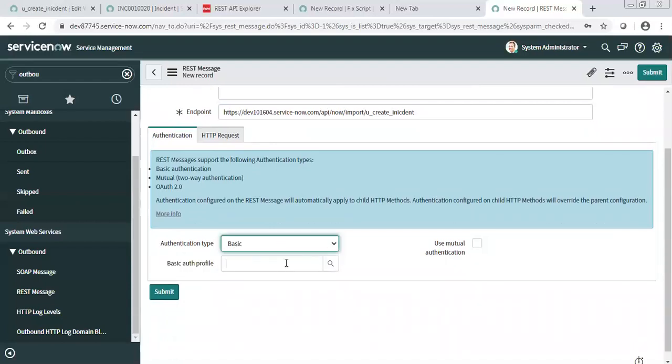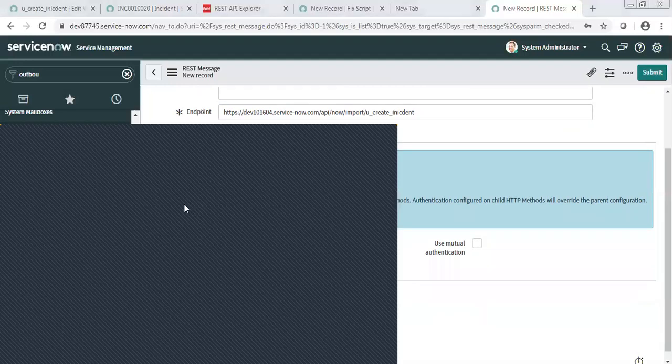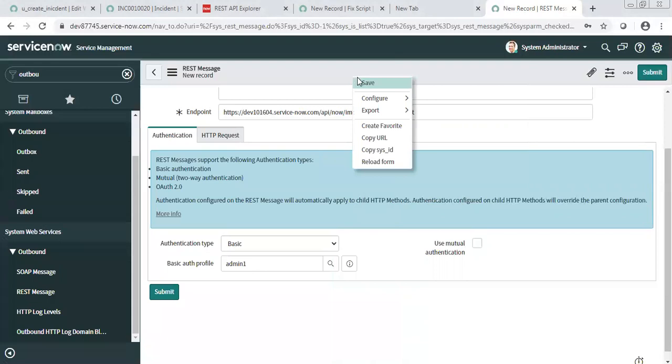I will say basic. And here I will create the authentication profile. So I will use this one. Let me create it and submit it.